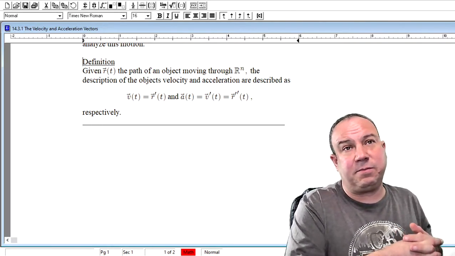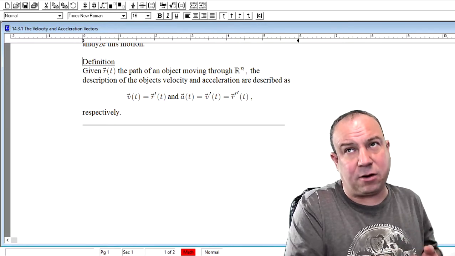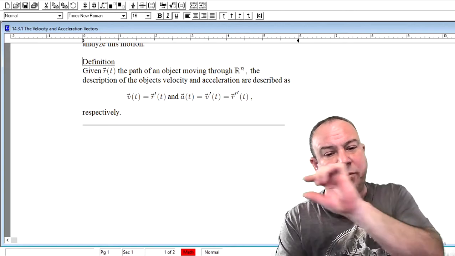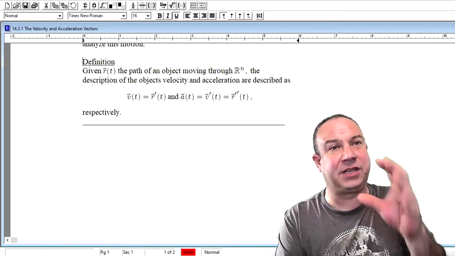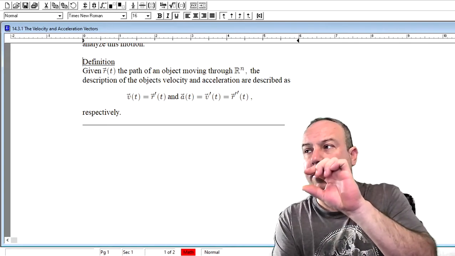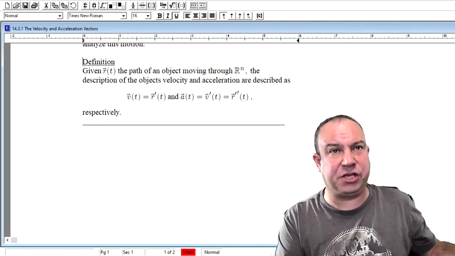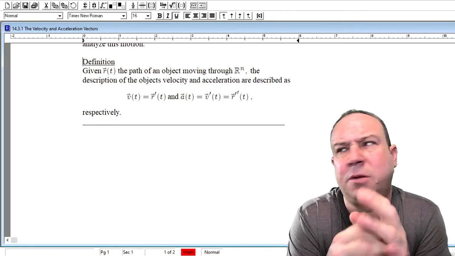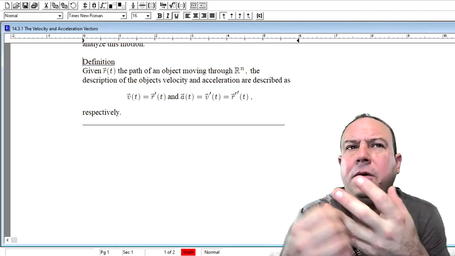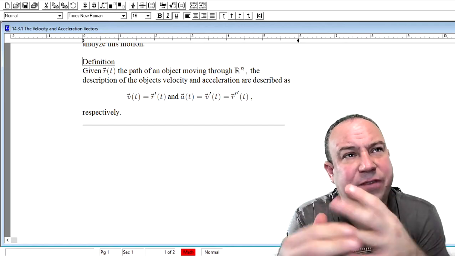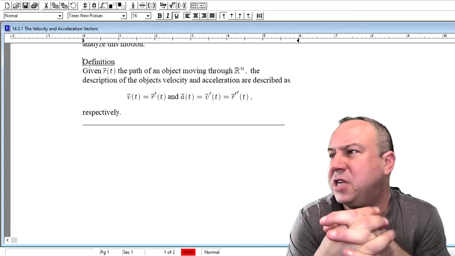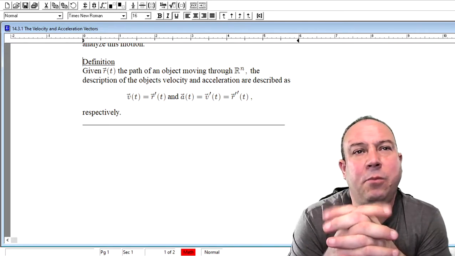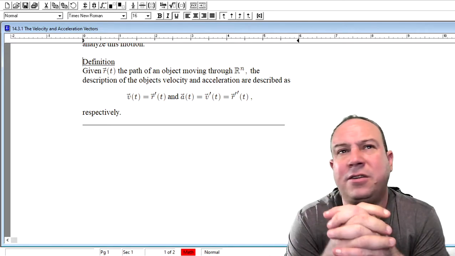Or as a counterpart, we could go backwards in that relationship from acceleration to velocity using integration, or velocity to position using integration, right? So these ideas of derivatives and integrals are going to play a big role here. To begin with, we see in the definition, given r bar of t, the path of an object moving along some curve, moving through some n-dimensional space,